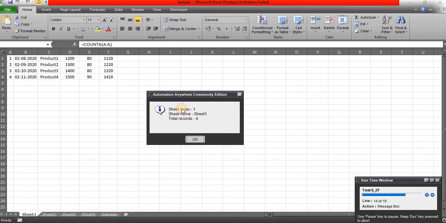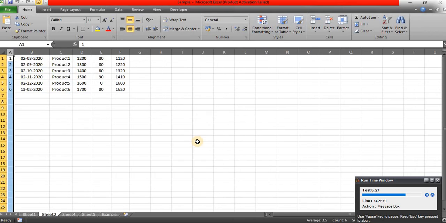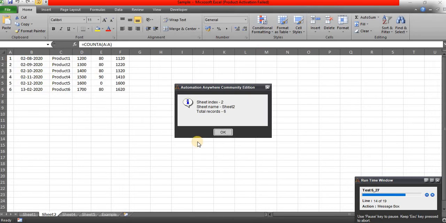Here in the message box you can see the sheet index, the first sheet. After that the sheet name, Sheet 1, and total number of records 4. So in Sheet 1 the total number of records is 4. Just click on OK, and after that Sheet 2: sheet index 2, sheet name Sheet 2, total number of records 6.